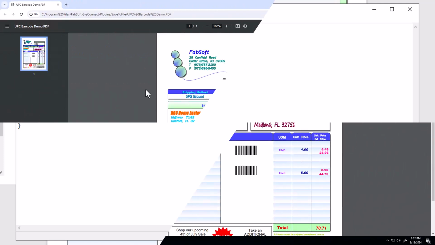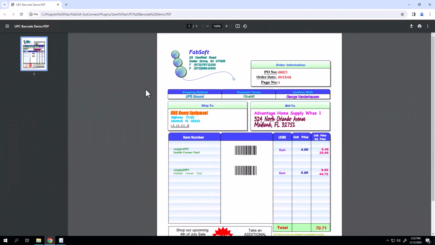In conclusion, UPC barcodes have revolutionized the retail industry and beyond by enabling efficient product identification, inventory management, and sales processing. They enhance the speed and accuracy of transactions, contribute to effective supply chain management, and provide valuable data for market analysis. As technology evolves, the use of UPC barcodes continues to expand, which makes having the ability